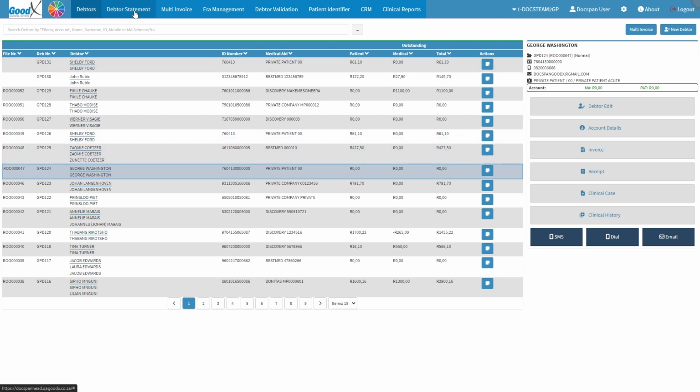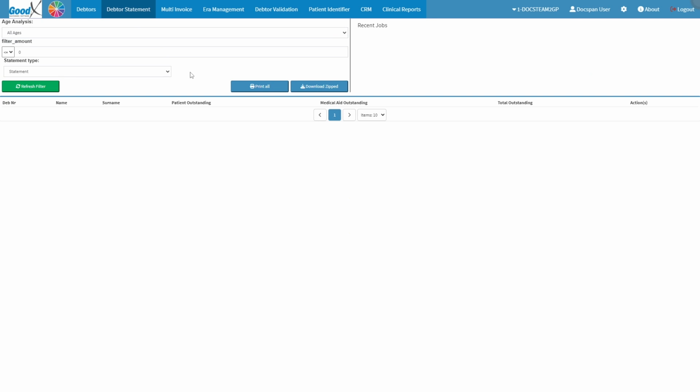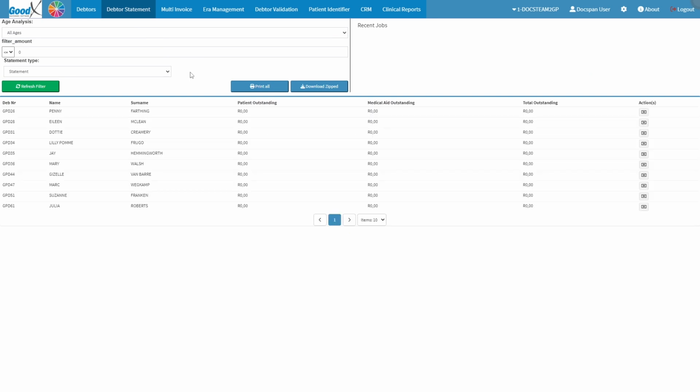Click on a Data Statement tab. The Data Statement screen will open. A document that gives the debtor a detailed overview of what they owe at the practice, which displays the details such as the amounts that each debtor has to pay, dates of when the services were rendered, what the patient was charged for, and detailed descriptions of each transaction. For more information on a data segment, please refer to the Data Statement Bulk User Manual linked in this video's